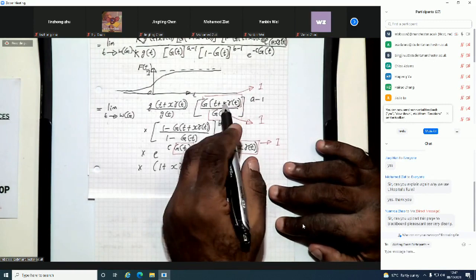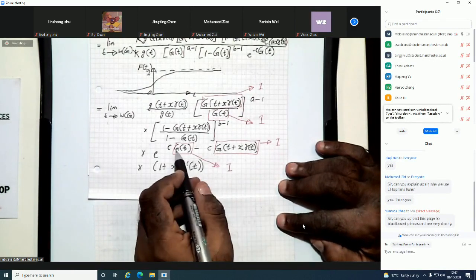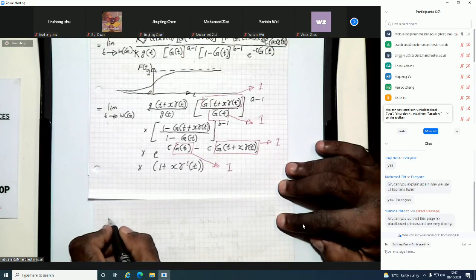So this is 1 divided by 1, which is 1. This is c minus c, which is 0. So e of 0 is 1. So what you have is the limit